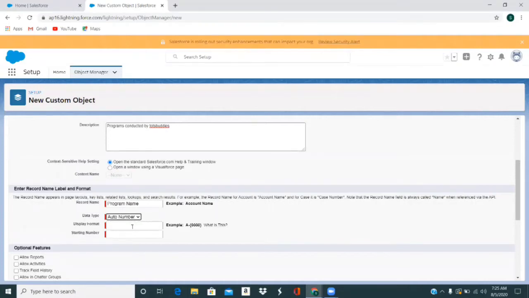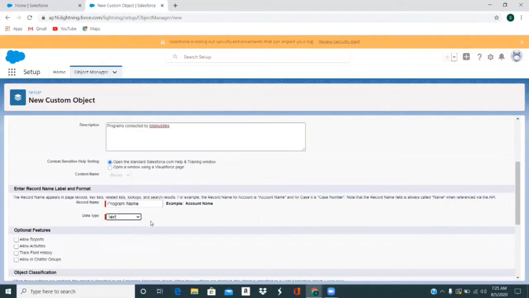So suppose the first record will have P001 because your starting number would be 1. Then the second record, whenever you create the second record for the program, it will be P002, P003, and it goes on like that. But in this case, we will select text because we want the program names to be different program names. So it would be in text format.